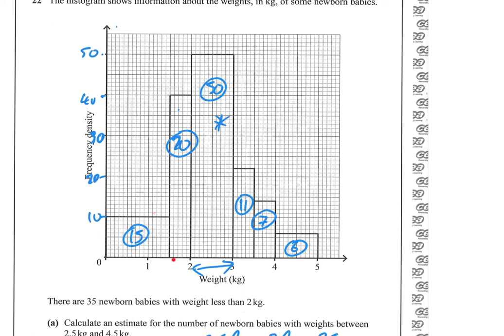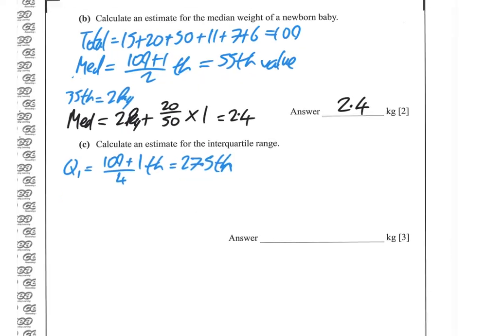So your 27 and a half value is going to be in here somewhere. So we're on our 15 value, which we know is 1.5, and you need to go 12 and a half more values into this bar, which has 20 people in it, and its width is 0.5. So we know our 15th value is equal to 1.5. So your Q1 is equal to your 1.5 kilograms